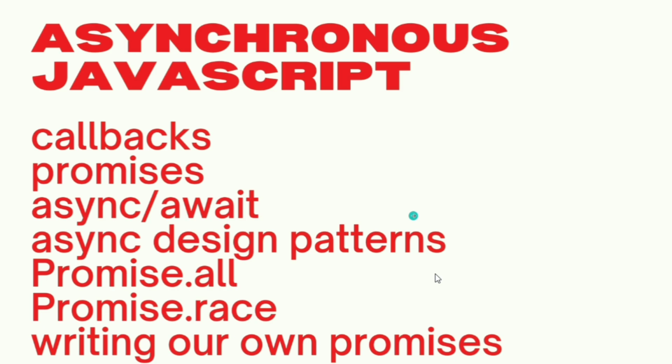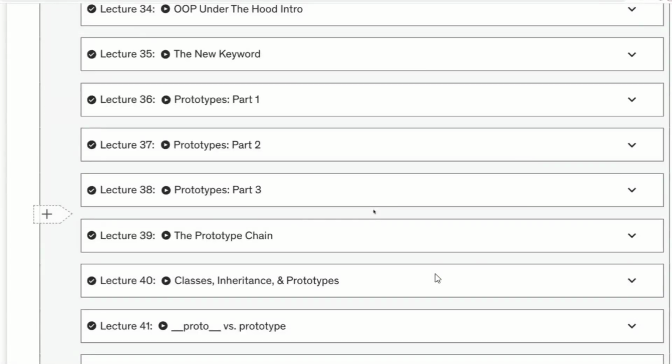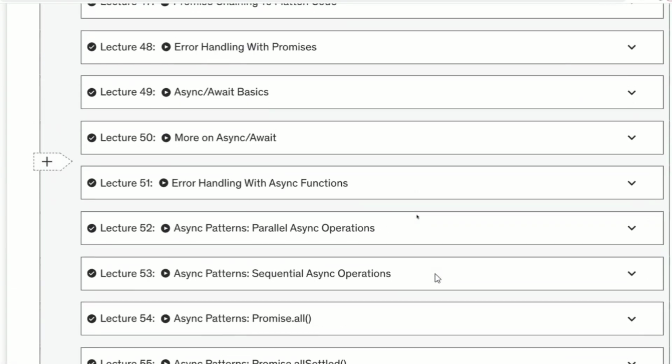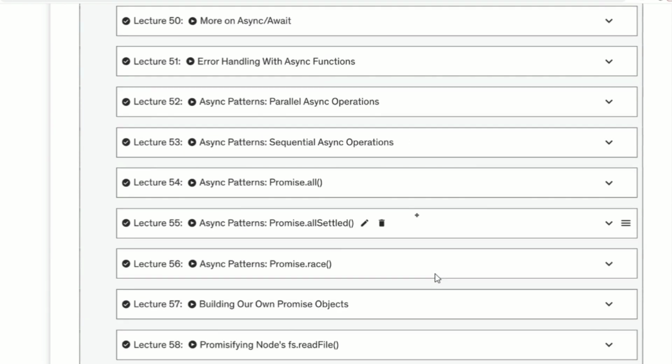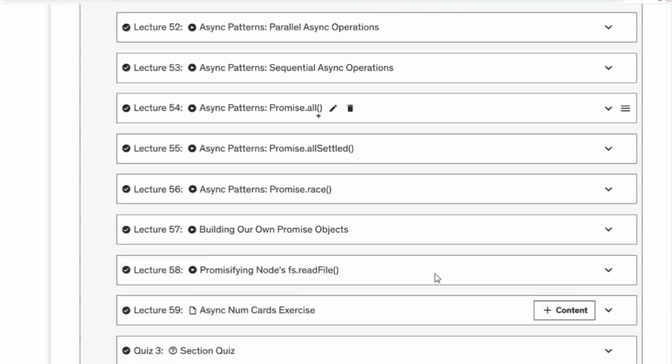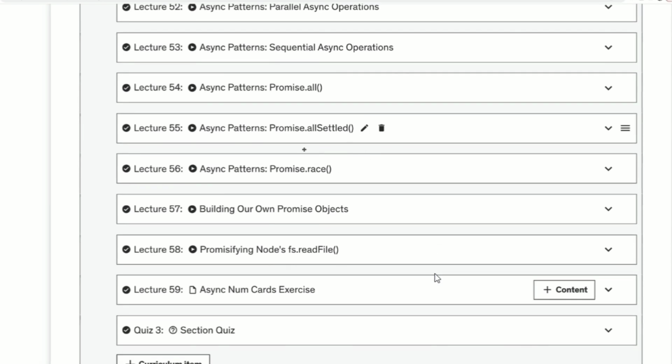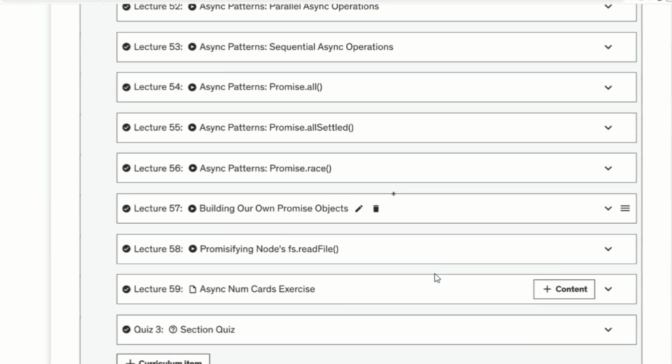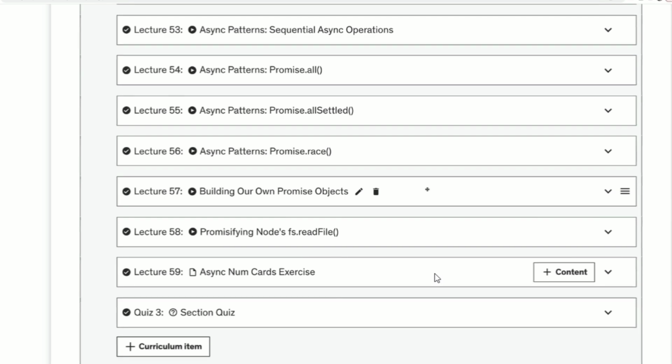Even if that is all recap for you though, we then spend a lot of time talking about design patterns with async and await, with asynchronous operations, sending parallel operations off versus sequential operations, working with methods like promise.all versus promise.allSettled versus promise.race, and we talk about building our own promise objects from scratch and promisifying callback-based functionality, incorporating our own promises to make kind of a mini library that is promise-based that we can then await or use .then